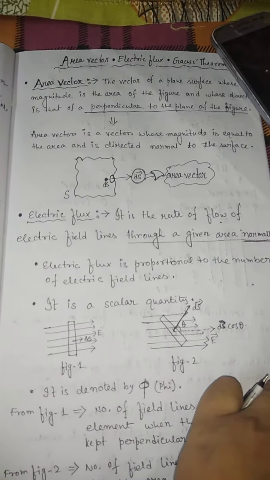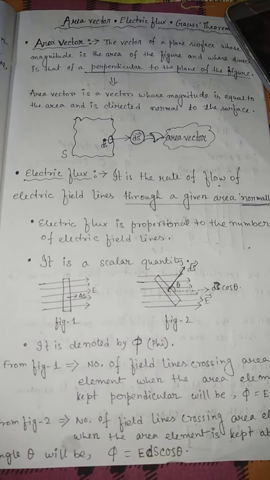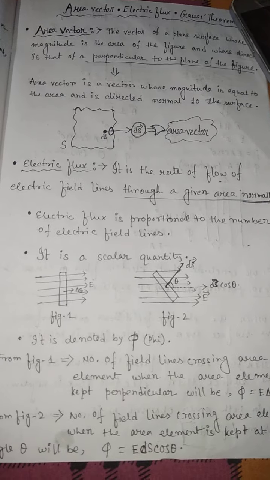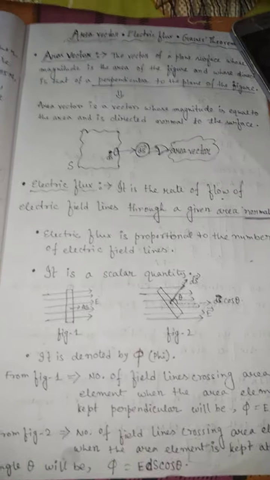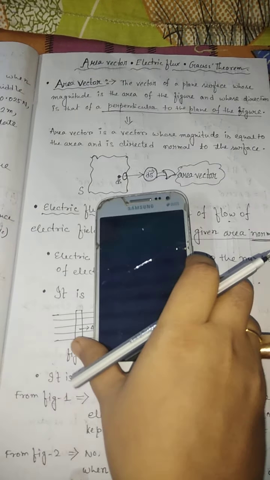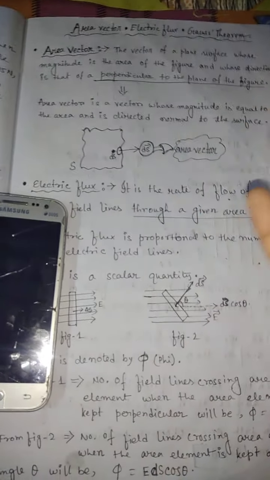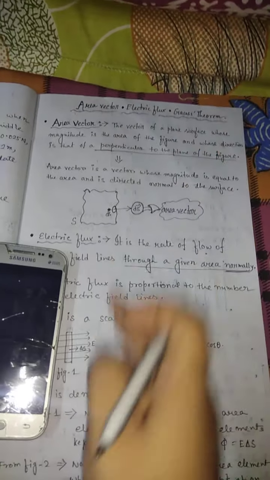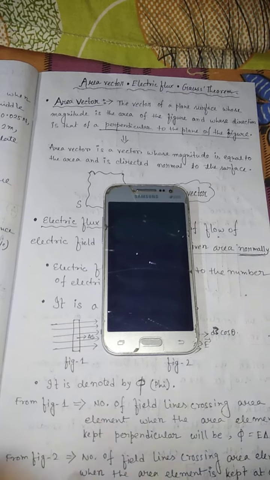Now the main and very important topic, electric flux. In previous videos we also discussed some properties of electric field lines and electric fields. So what is electric flux? We take one example. Suppose one point charge is situated here, so it creates a non-uniform electric field. Suppose we consider a uniform electric field perpendicular to this surface, and we place this mobile inside this electric field. So what happened?